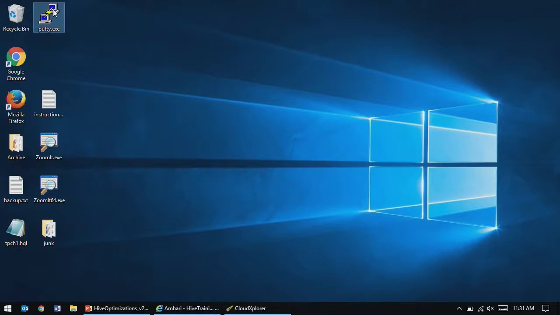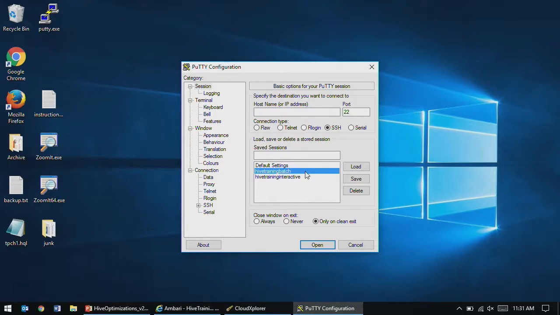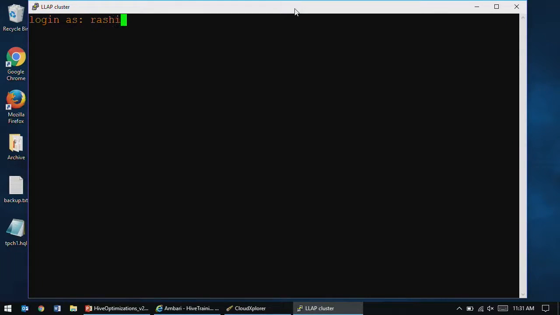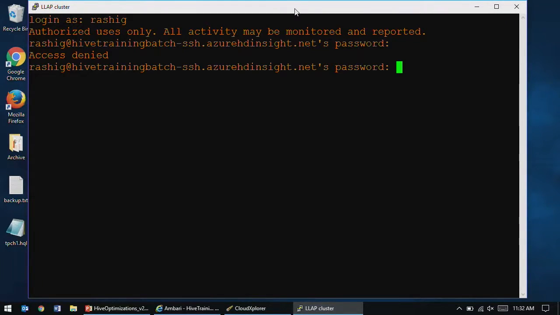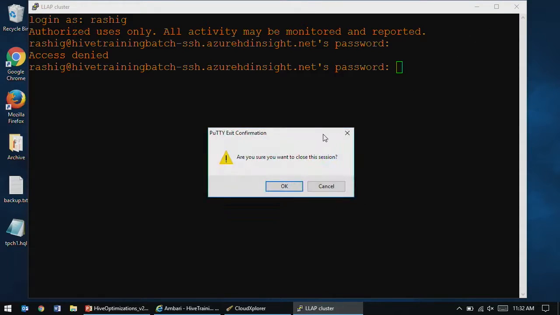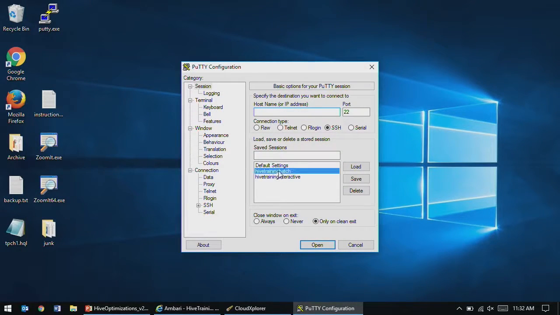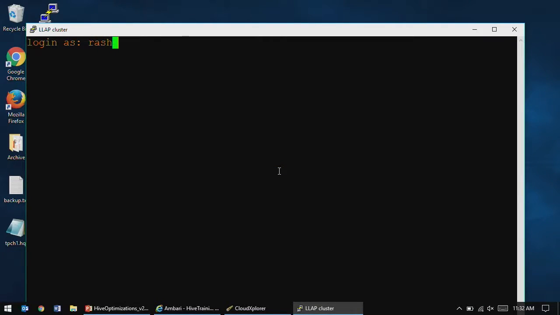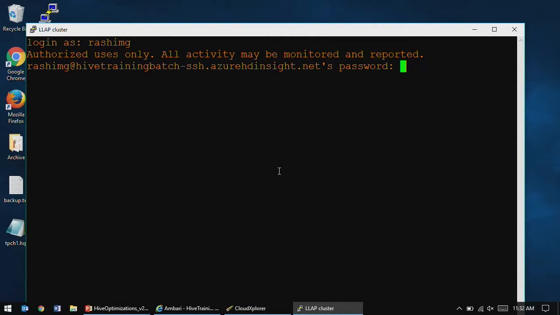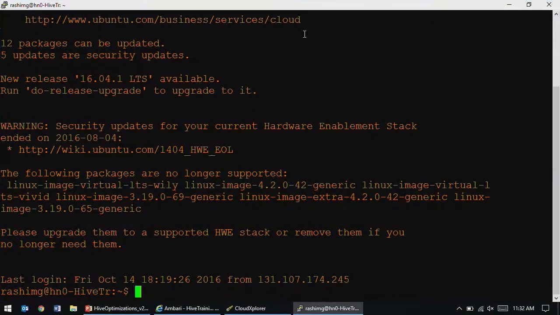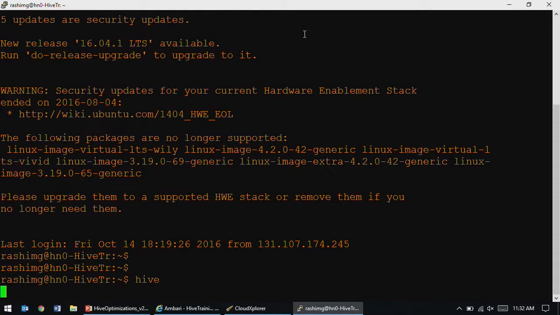Let me open Putty, and I'm going to log into the cluster. So we're going to log into Hive training batch. This is my Hadoop cluster. So let me log in. Oh, I entered the wrong username, so I'll have to try it again. What I'm doing is I'm logging into this cluster, which is the Hadoop cluster,